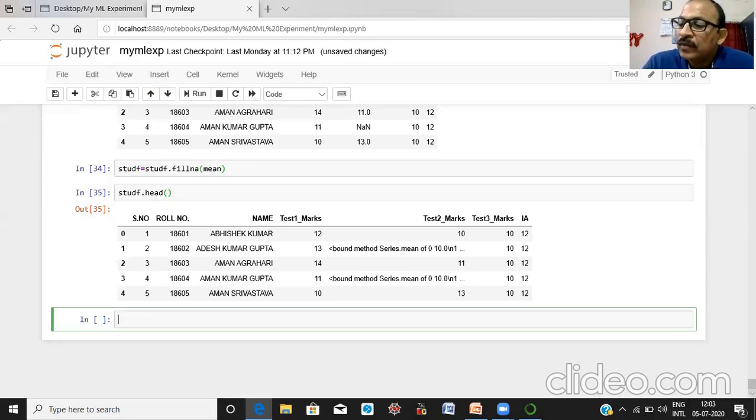Sometimes we need to replace the missing values with the last valid observations. Let us take the case. Again use this.